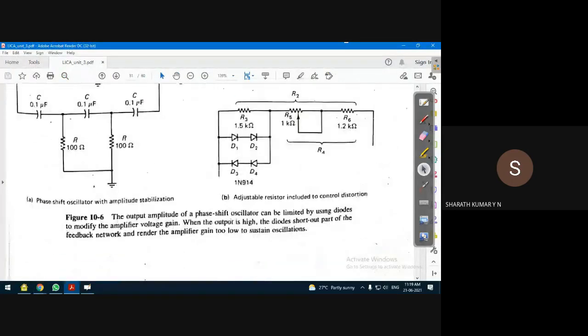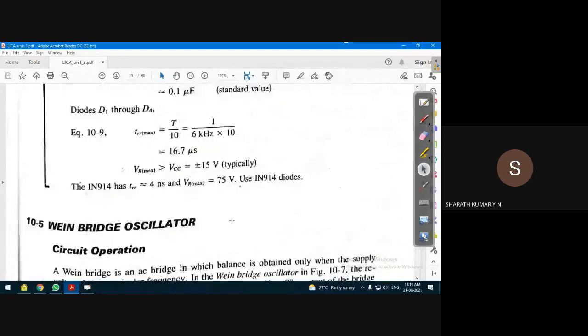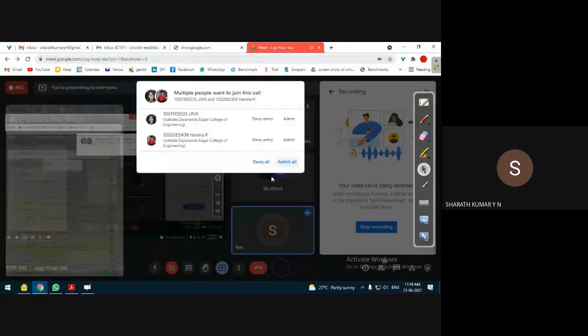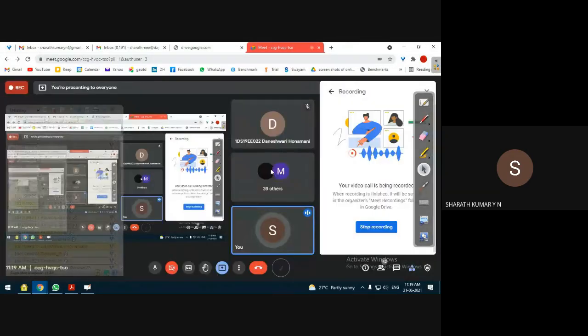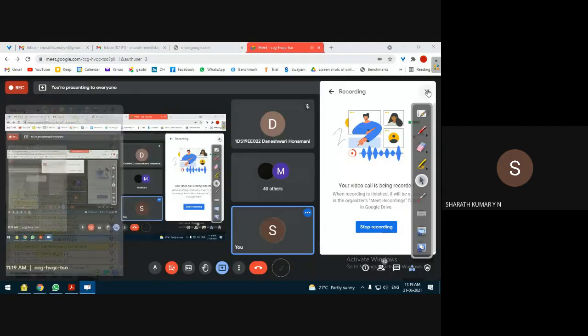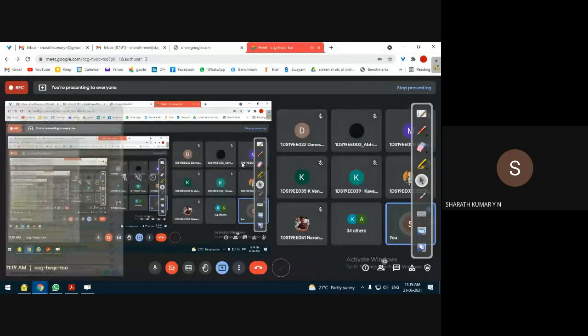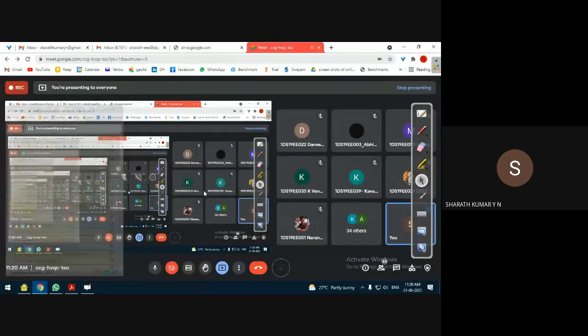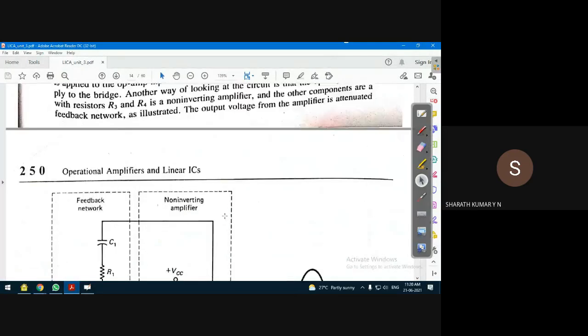Okay, so oscillator amplitude stabilization we discussed. Using R5 and R6, how to further control the amplitude of the amplifier, because we have to control the amplitude also. So one thing is we control the frequency. The other thing is we need to control the amplitude of the oscillator because we should get a variable amplitude from the oscillator, not always a fixed oscillating amplitude. So with that intention, we make use of the oscillator amplitude stabilization circuit.